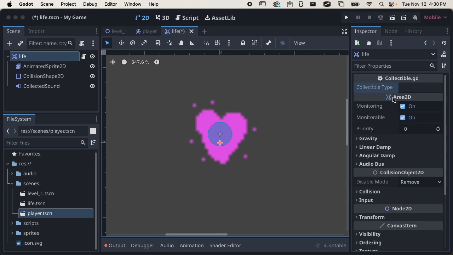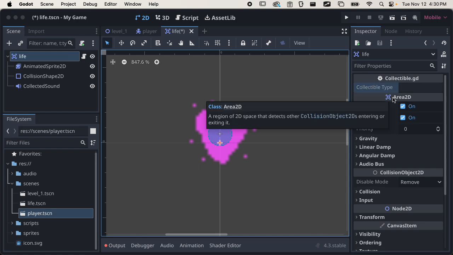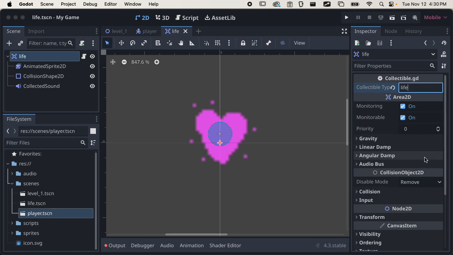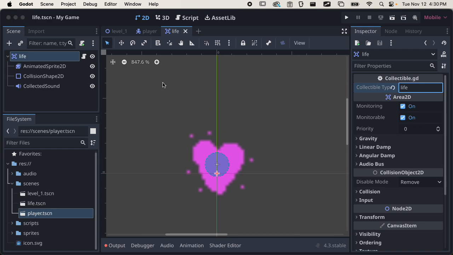We need to give it a type. It doesn't need a type to work if you just want to collect things and it doesn't do anything else. But if we want to connect it to other parts of our code, we need to know what we've collected. So I'm just going to call this life. Just going to match what we've got there. And then if we want to edit the script or look at the script, now we can just click on this script